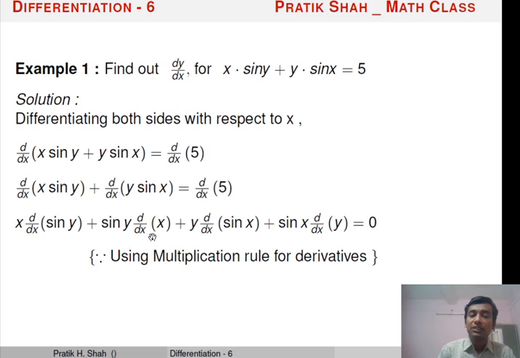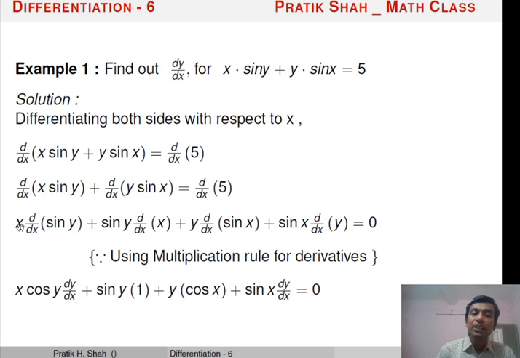Still we have to find out these derivatives, and here you can see that we have to find out differentiation with respect to x, and term is y here. Remember that when sin x is given, the derivative is cos x, but since y is present here, we need to apply chain rule. So first outer function is sine. So applying the chain rule, its differentiation is cos. It means derivative of sin y is cos y into, now go inside, we have to find out differentiation of y, which will be dy by dx.